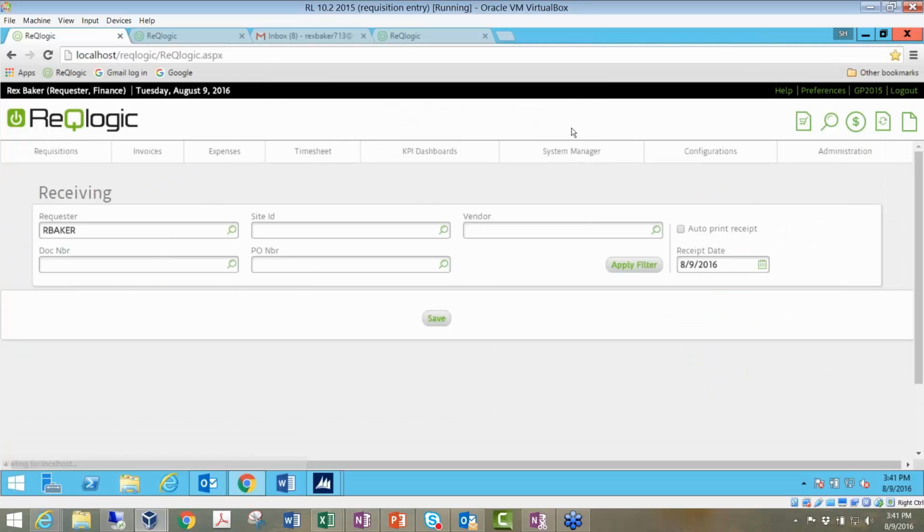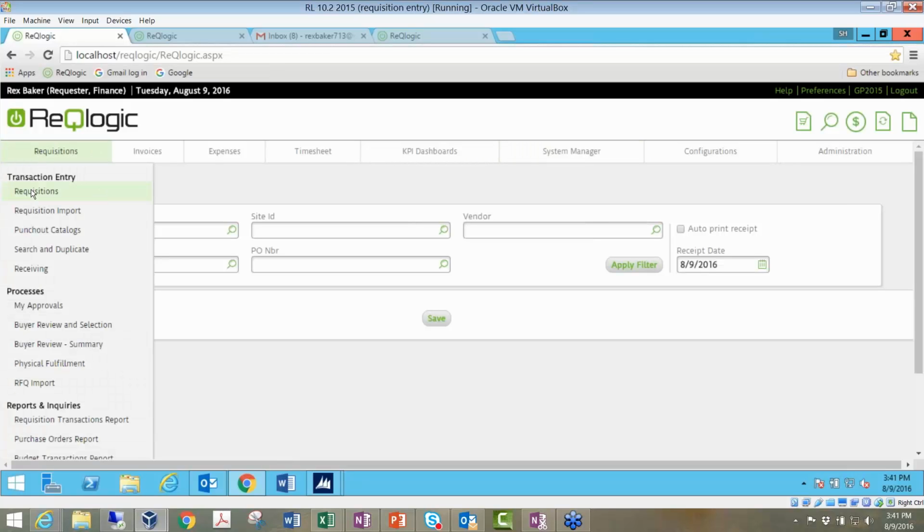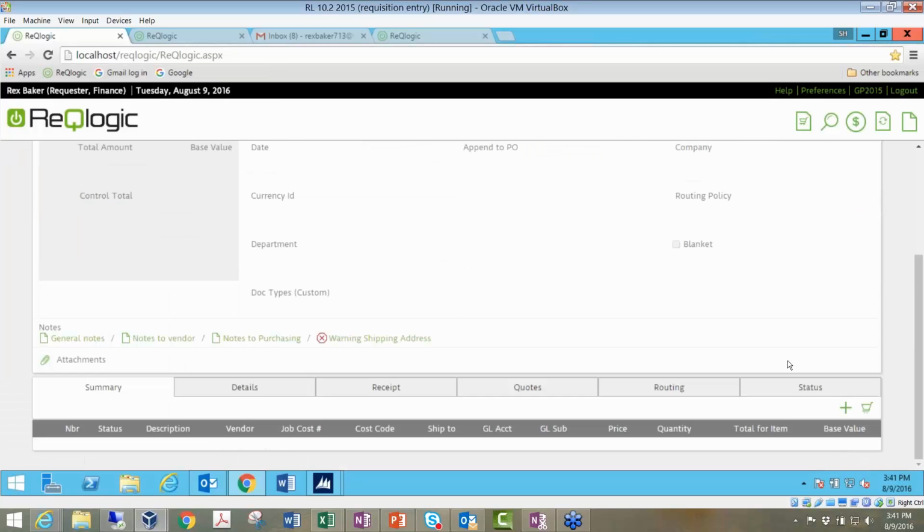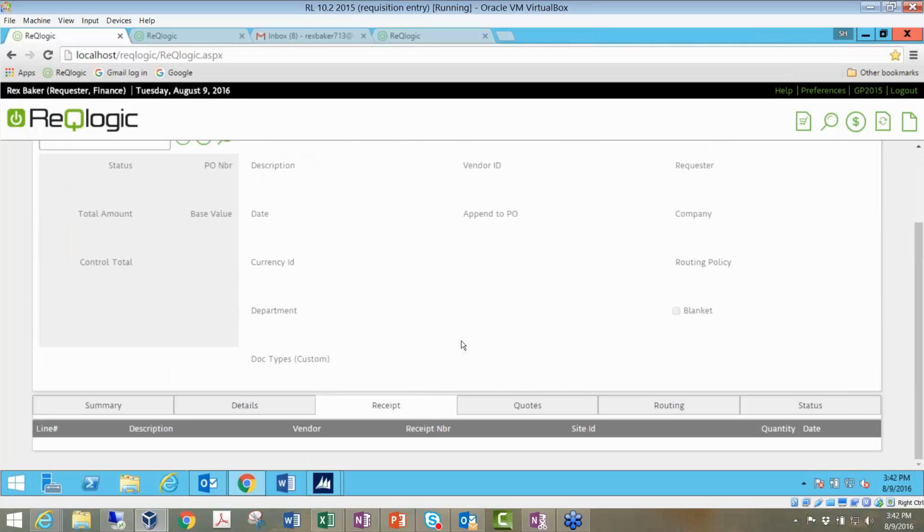There we go, process completed. So now a receipt has been created in GP, and that receipt, once it is posted, will be on the status tab, and